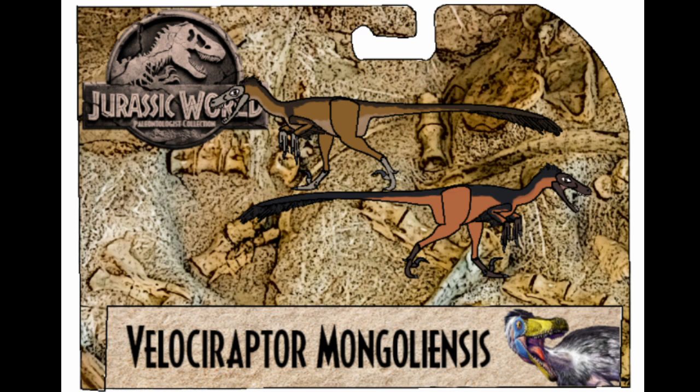We're getting Velociraptor mongoliensis. This is crazy. And it looks like we're going to be getting a little bit of sexual dimorphism here because we have two different kinds. And this will be our first 2-pack for the Jurassic World line. This is insane. This is awesome. So I cannot wait for these to come out and to add Velociraptor